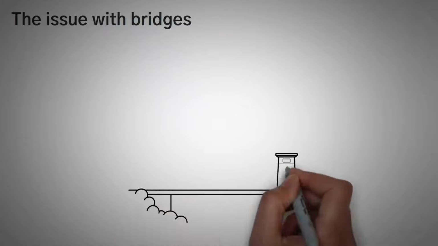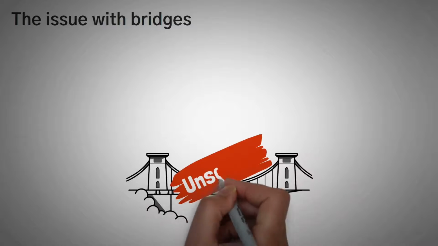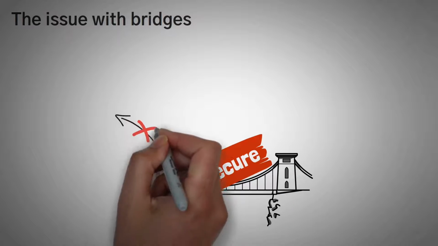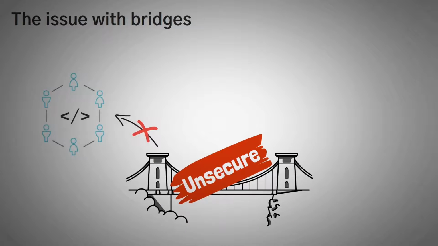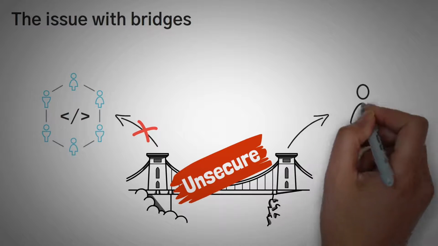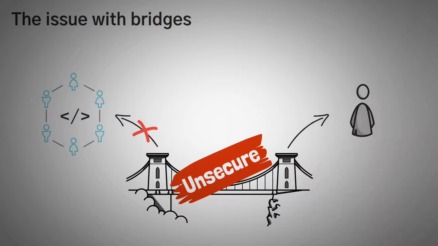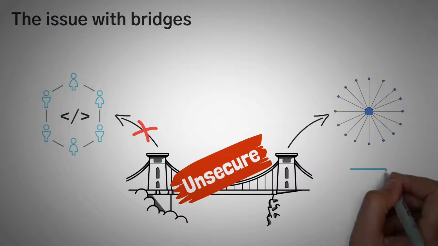Now let's go over some of the issues with bridges. One issue is that they cannot be 100% trusted, unlike a decentralized application, which uses code and programming language as a backbone. A blockchain bridge generally must have an entity, a person, or a company behind it. In other words, a majority of bridges currently being used are centralized.